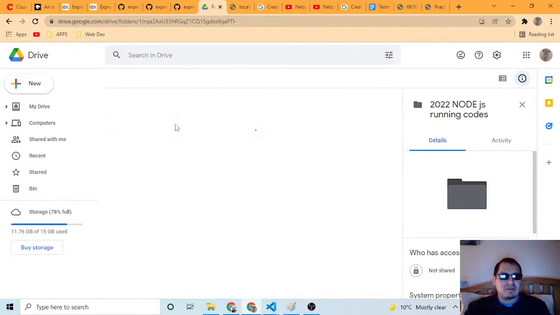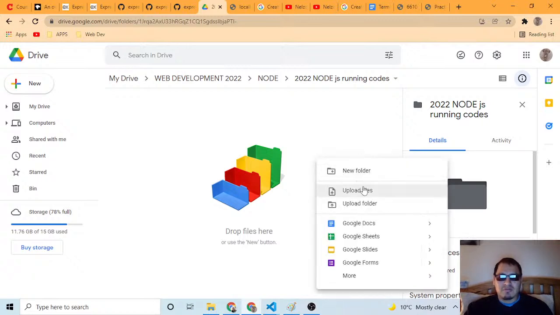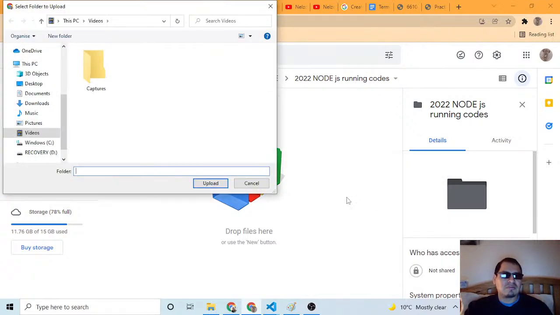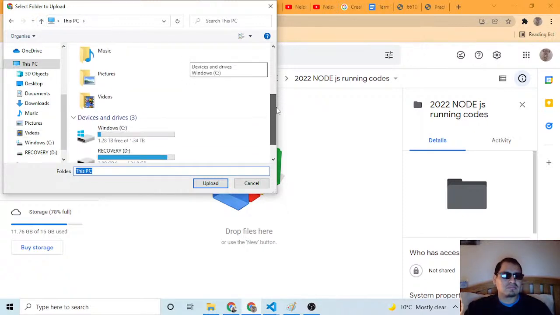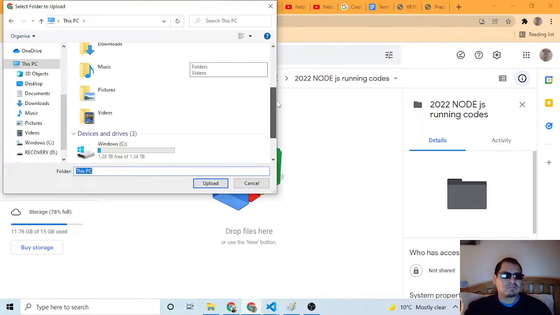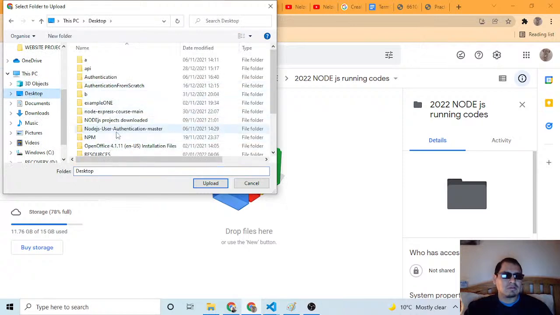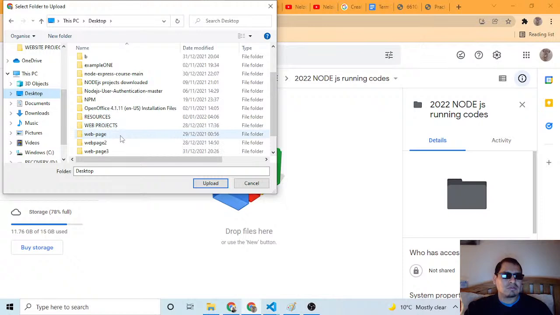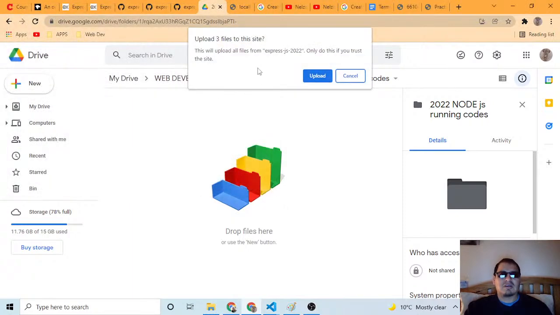Okay, inside this folder I'm going to put upload folder. Yeah, I'm going to upload that folder. It's called this thing, Express.js.